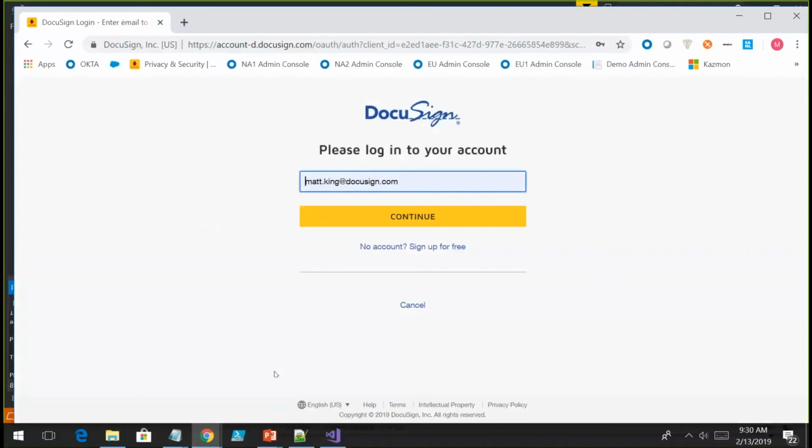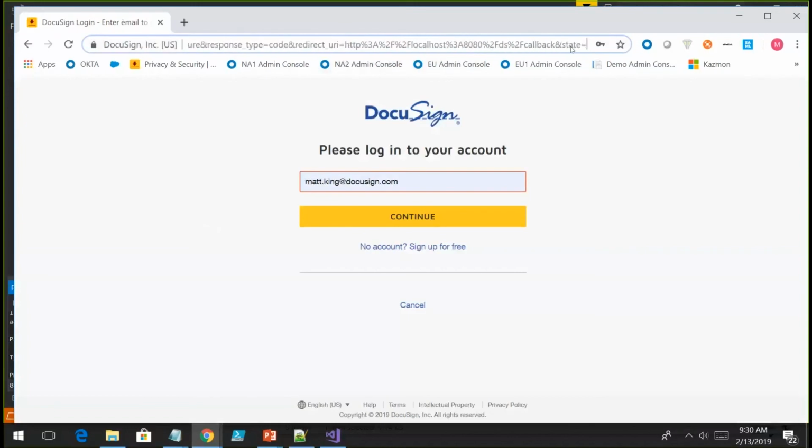So once the authorization code grant flow kicks off, you're going to be redirected to this new URL that Larry mentioned earlier. And inside of it is going to be your integrator key, also known as your client ID. The second portion of it is going to be the scope, which in this case is going to be the signature. And the response type that we're looking for is your code.